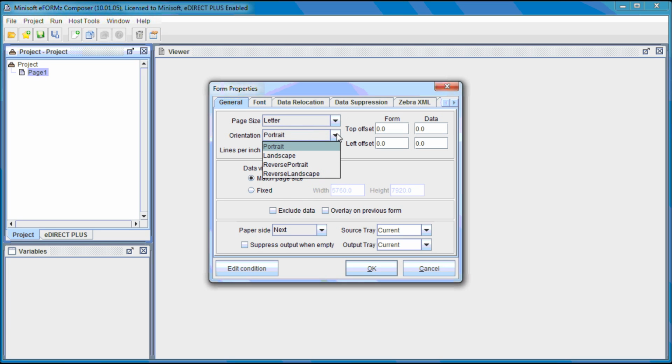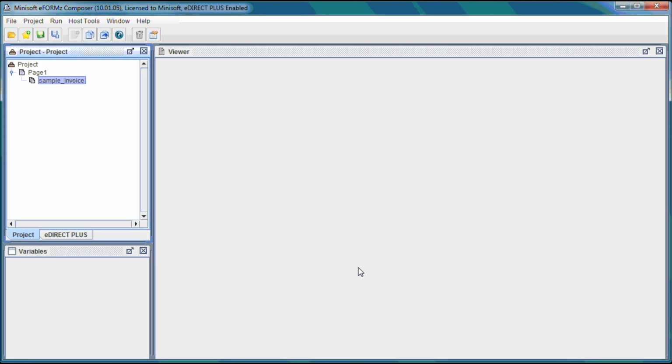Orientation, portrait or landscape, or reverse portrait, reverse landscape. We can adjust the offsets. We'll take a look at that later. Lines per inch as well. But most of this stuff you'll probably not need to adjust until you get to the point where you're printing. So we're just going to go ahead and accept the defaults for now by clicking OK, and we have our